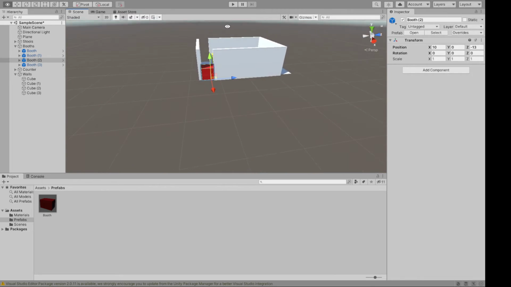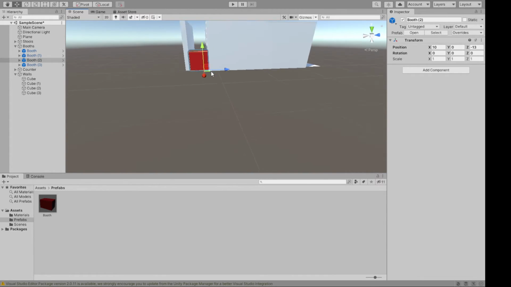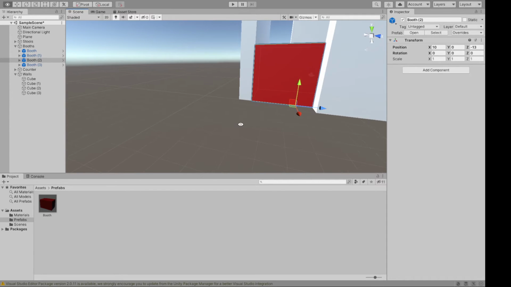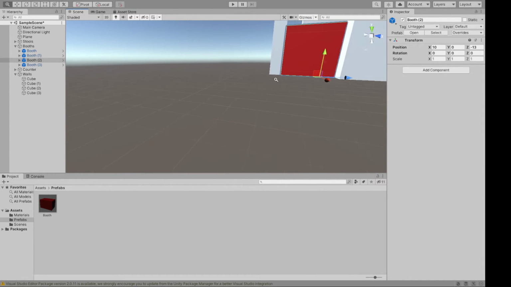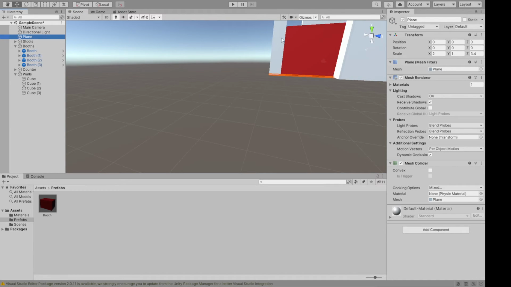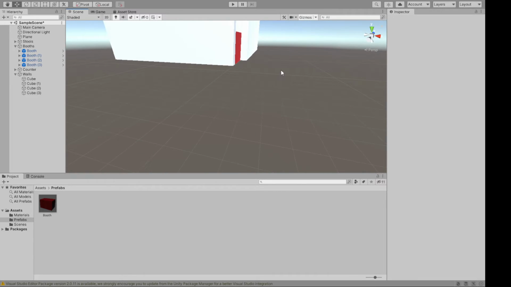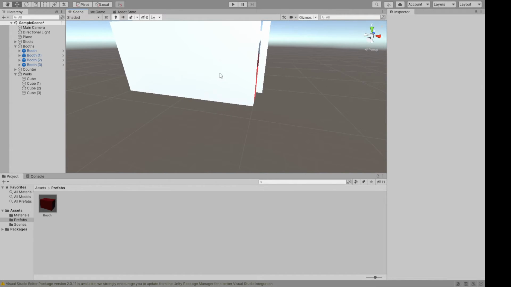And again, we want to make sure that the wall isn't inside the booth, but if we zoom in and we get close, it looks like we did pretty good there. And the wall is also taking up as much distance as the plane is, so we've got everything fitting pretty well. The next thing I need to do is widen the plane, so I'm going to get kind of in